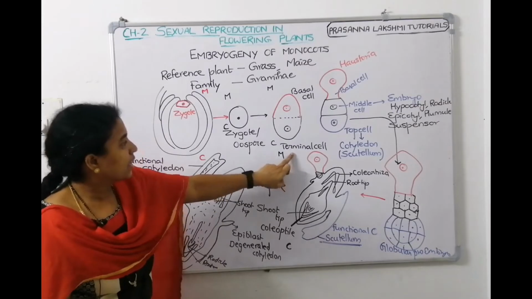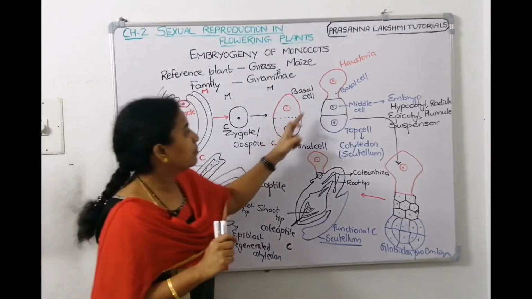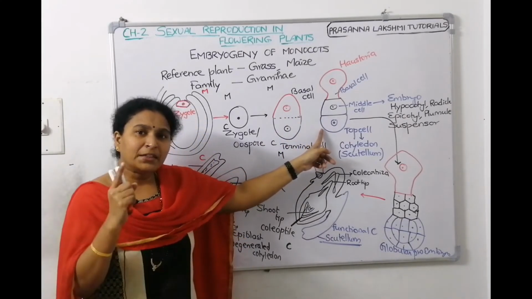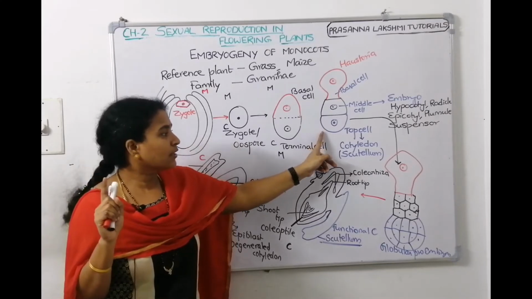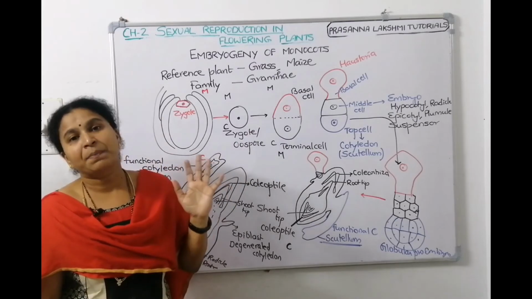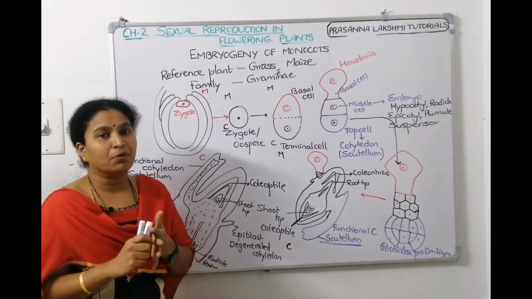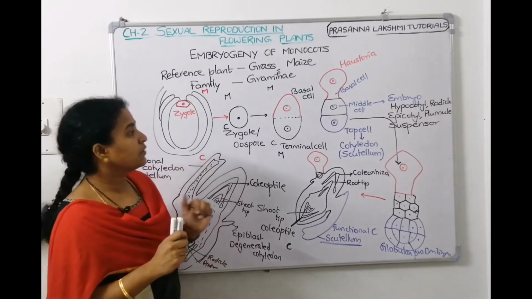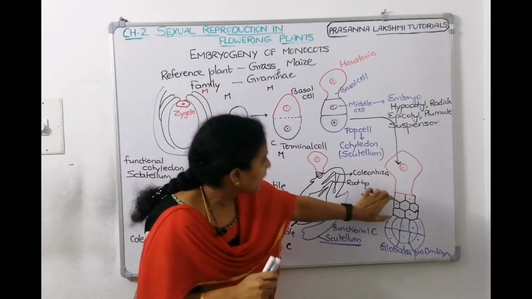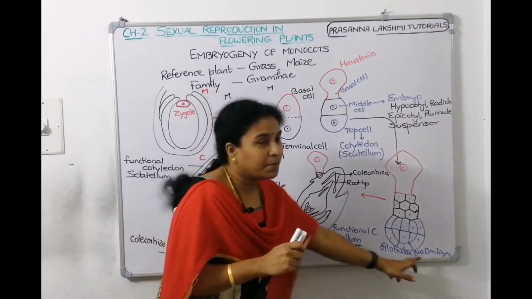Whereas this terminal cell, the black colored one, undergoes one more transverse division to make a middle cell and the top cell. This blue colored top cell will make the cotyledon, which is the functional cotyledon called scutellum. Whereas the middle cell is going to make the remaining part of the embryo. It will make epicotyl, hypocotyl, radicle, plumule, including the suspensor cells. Now, the middle cell is growing and makes a mass, the top cell is growing and makes a mass. So the resultant structure will be the globular proembryo.